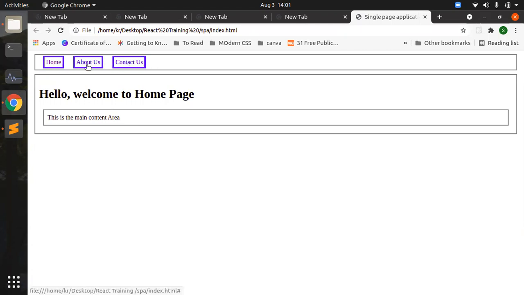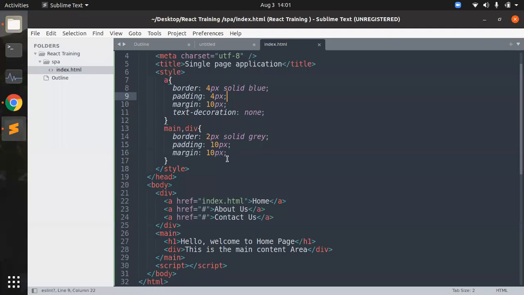And you can see when I click on About Us, nothing happens. When I click on Home, the index.html is loaded, contact, and so on. So it is a very, very basic page which is created right now. Now the next thing is I want to create About Us and Contact Us, and I'm not going to create